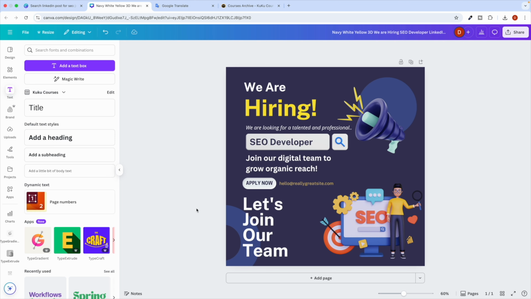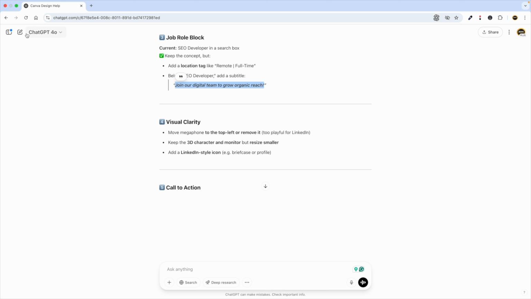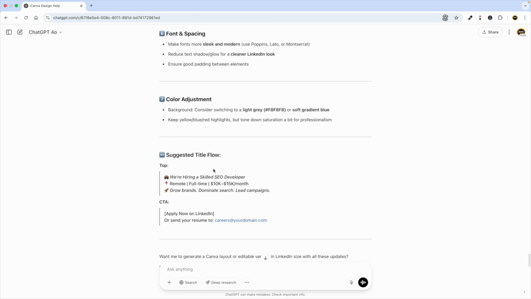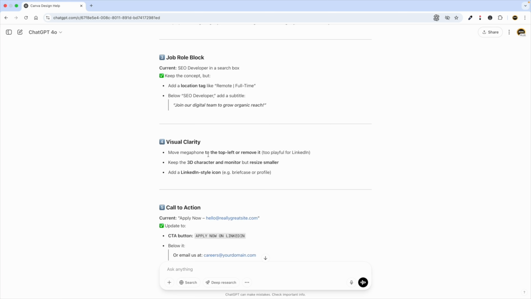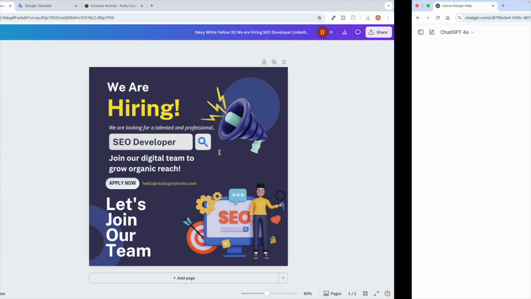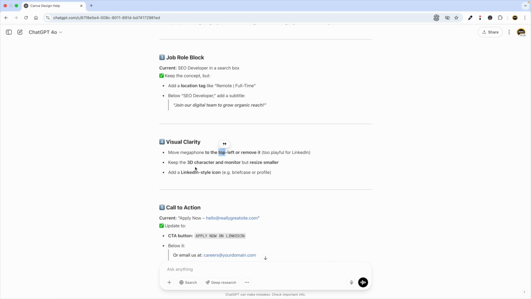Awesome. Visual clarity. Wait, let me refresh the ChatGPT. Now it's saying visual clarity: move megaphone to the top left or remove it, too playful for LinkedIn. So it is saying megaphone, so I guess where is this megaphone. I will just remove it. Let's say keep the 3D character and